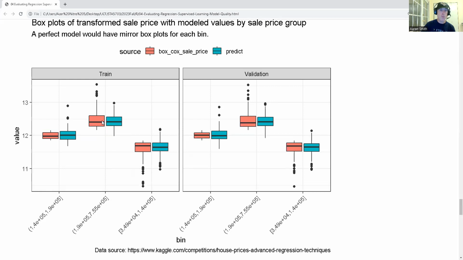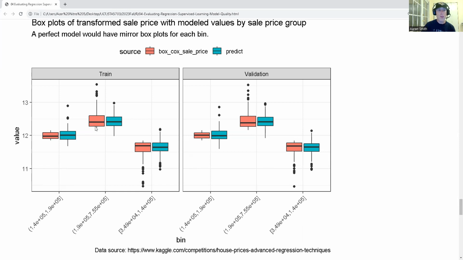Yeah, the bins are not in proper order, because if they were in proper order, they would increase from left to right. I didn't catch that until just now. All right, so here, if this was proper order, this would be on the far left, then the middle, and far right. And how we like to use this, why this is important, is that